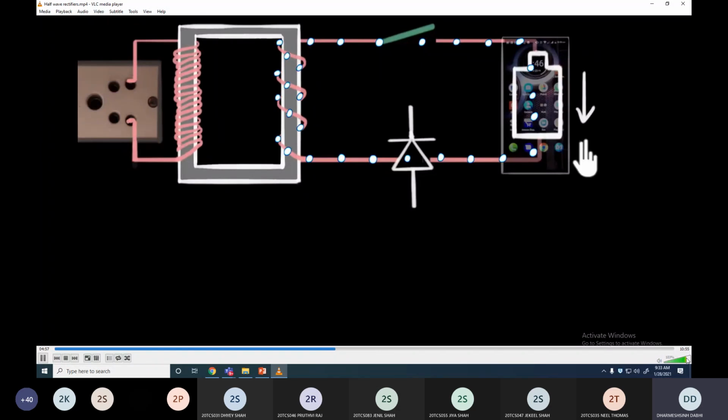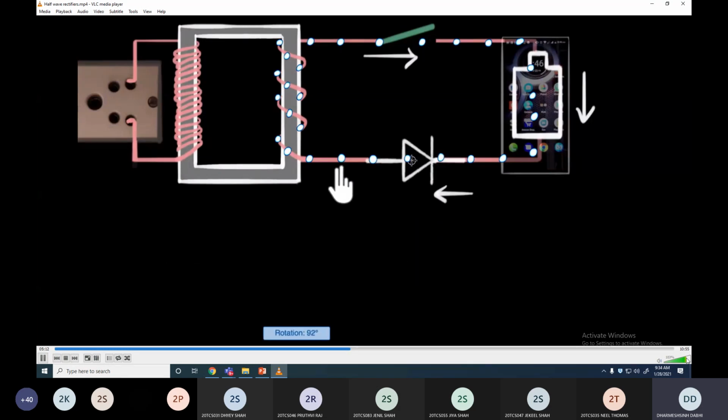All right, let's do this. Since we know that the current has to be downwards, only downwards, we only want the flow in the clockwise direction. So over here, we want the current only to flow towards the left. If we orient our diode this way, oh no, that won't work because this diode will only allow the flow in the opposite direction. We don't want that. We want to keep our diode this way. Now, it'll only allow the charges to flow in this direction towards the left, but it won't allow the charges to flow towards the right. And there we have it.